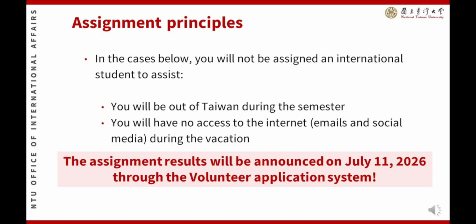You will not be able to provide full volunteer service and should not apply to be a volunteer if, first, you will not be in Taiwan during the first semester of the 115 academic year, due to an exchange program, visit, or other reasons. Second, you are unable to be contacted via email during the summer break. Volunteers meeting these conditions will have their eligibility revoked. The pairing result for volunteers will be announced on July 11th, 2026,